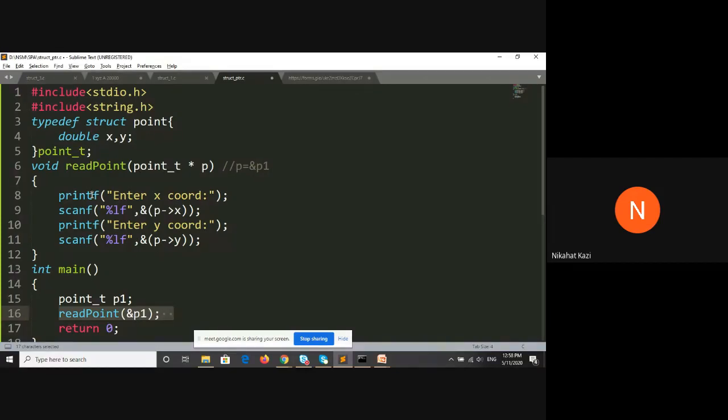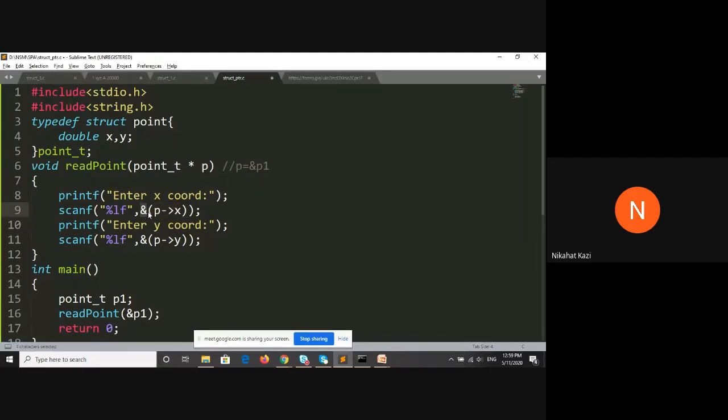Then you are saying enter the x coordinate, and you have written p arrow x inside scanf. So p arrow x will give you nothing but p1 dot x, because p is pointing to p1. And since it is inside scanf, you put the address of operator.